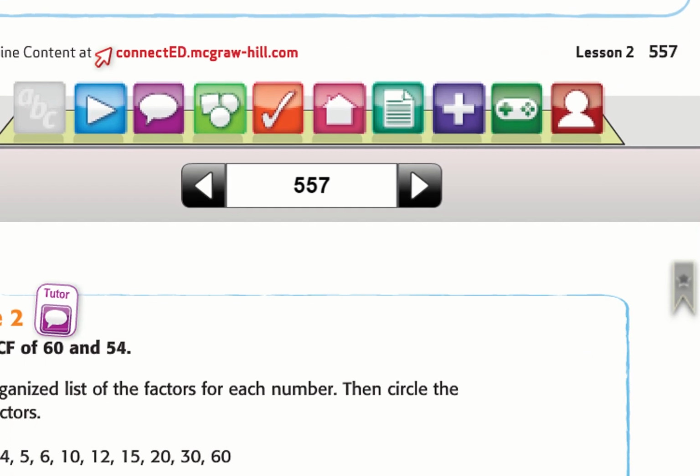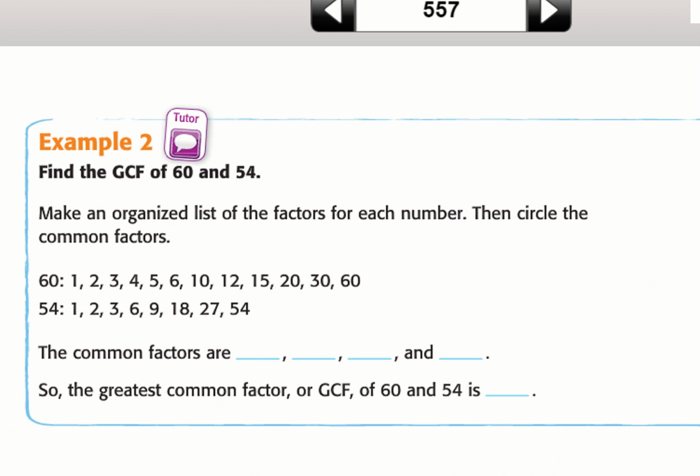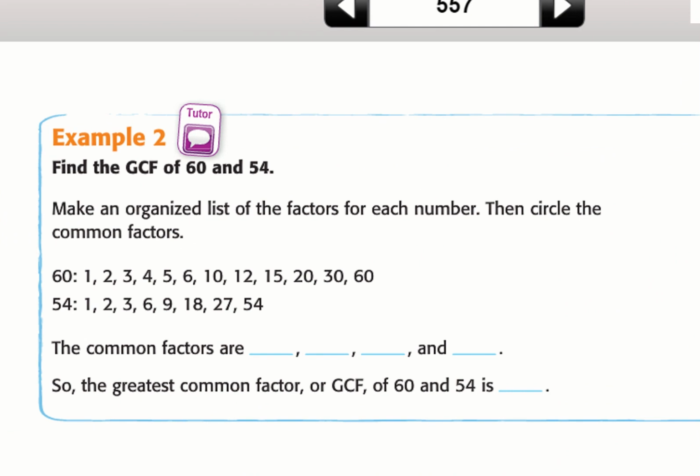Now here's example 2, which is a different method. It says, make an organized list of the factors for each number, then circle the common factors. So for 60, 1 times 60 is 60, 2 times 30, 3 times 20, 4 times 15, 5 times 12, and 6 times 10. For 54, we have 1 times 54, 2 times 27, 3 times 18, and 6 times 9. So the common factors we have